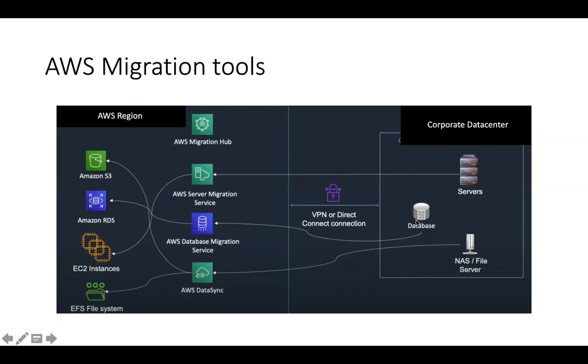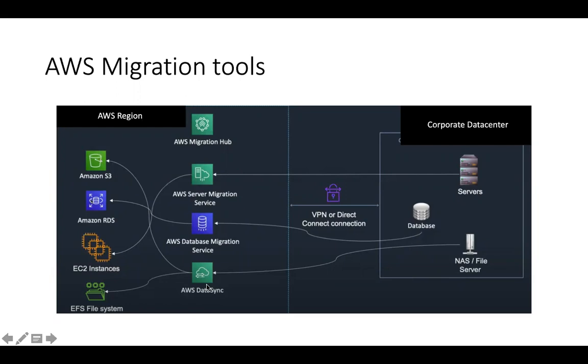And also, while bringing your on-prem database using AWS Database Migration Service, you can migrate all this data to Amazon RDS or an S3 bucket. Contents which are there in the server, if you want some of them to be in S3, yes, you can migrate data into S3 using AWS DataSync. So AWS DataSync allows you to migrate storage data to EFS and S3.